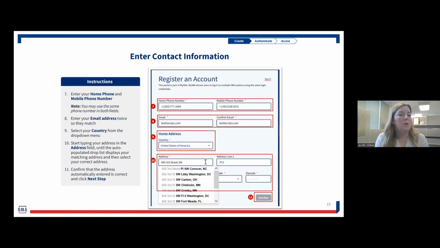Okay, so here you have to put in your phone number and a mobile, and then also your email, and you'll confirm your email. You can put it in twice. The nice thing about this is it doesn't have to be the email that you originally put in your application. So if that email is no longer good, or you don't have access to it, or it was someone who worked for you and they're no longer with the company, you can put your own email here,